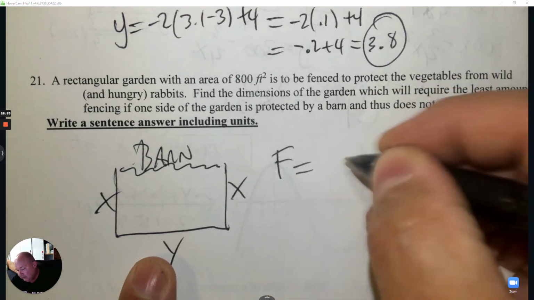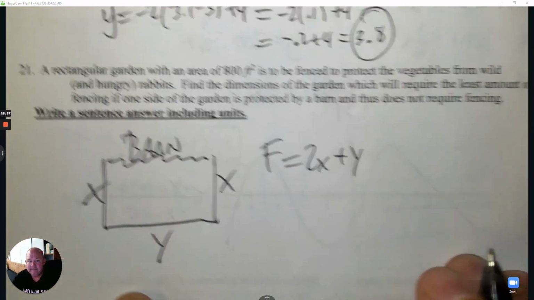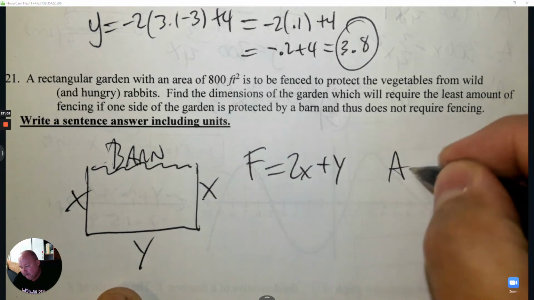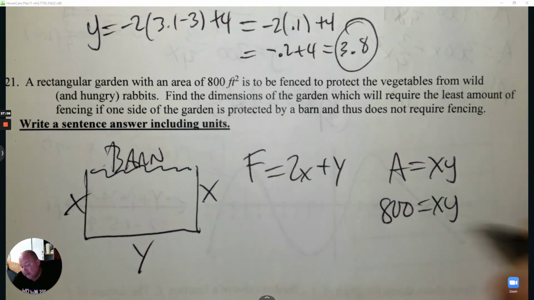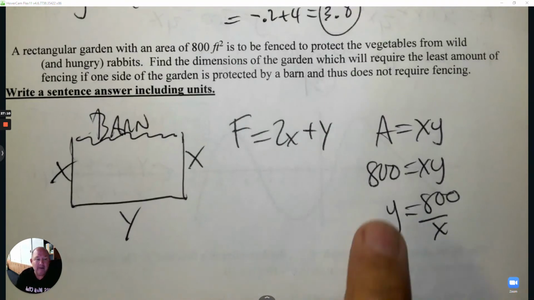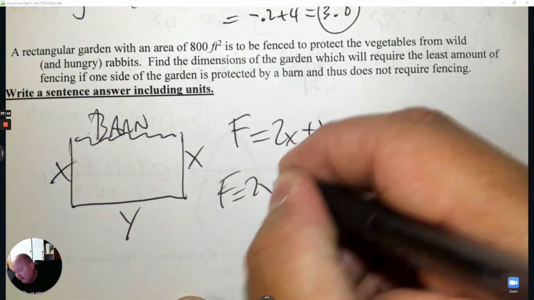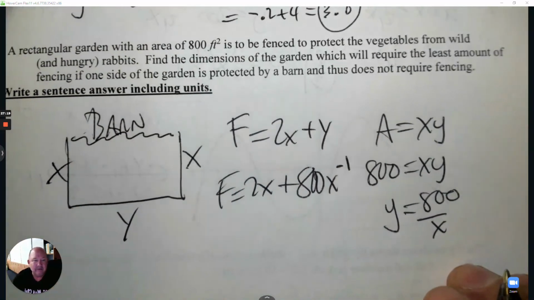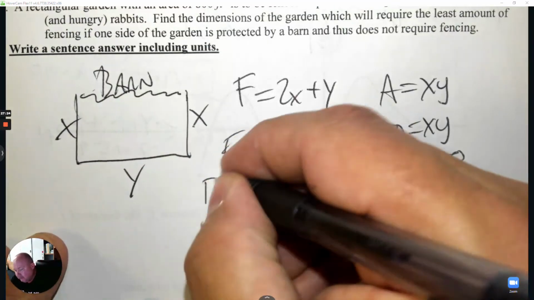So the fencing would be how many X's plus how many Y's. We have too many variables. The area of this rectangle would be X times Y, and we know the area is 800. So I'm going to get Y by itself by dividing by X, and now I know what Y equals. I'm going to plug that in for Y. Instead of writing 800 over X, I'm going to write 800 X to the -1 so that I can do calculus with it. Now we need to take the derivative